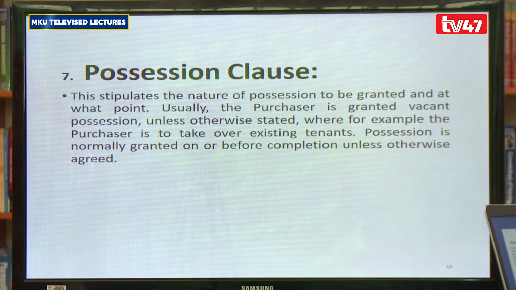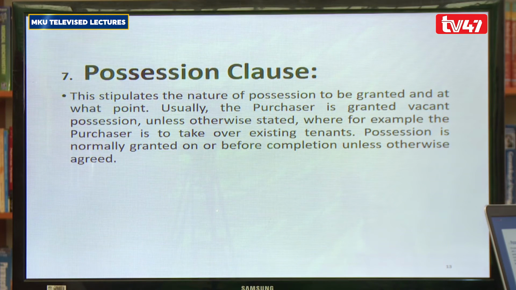Of course, the risk in giving the purchaser possession before completion is obvious, given that it is possible that the transaction may not necessarily go into full completion. Certain breaches could arise. And if breaches arise, and at that particular point in time you had given possession to the purchaser, it could present certain other challenges. And therefore, I would say that whereas it is not unlawful to give possession before completion, it is advisable that possession is given after the completion.